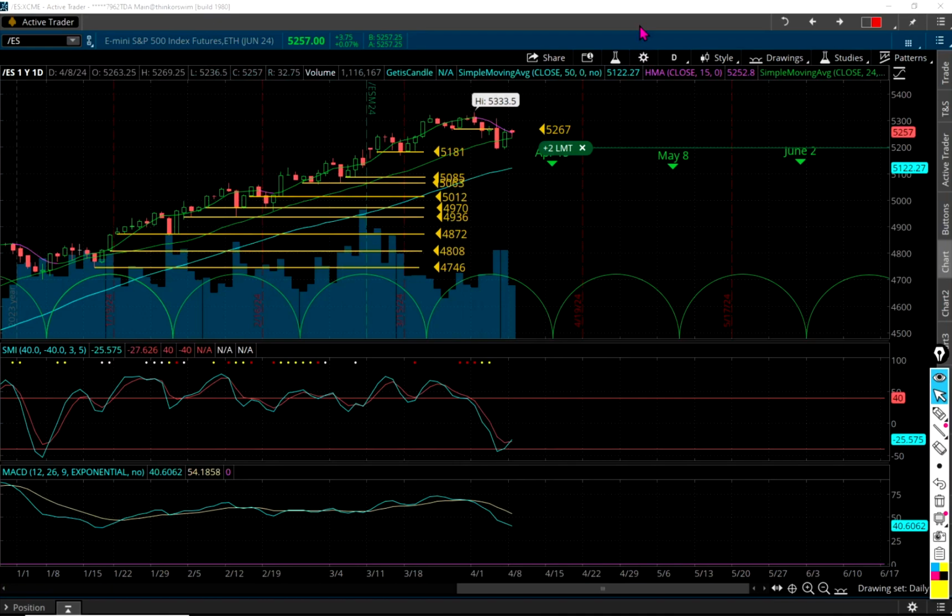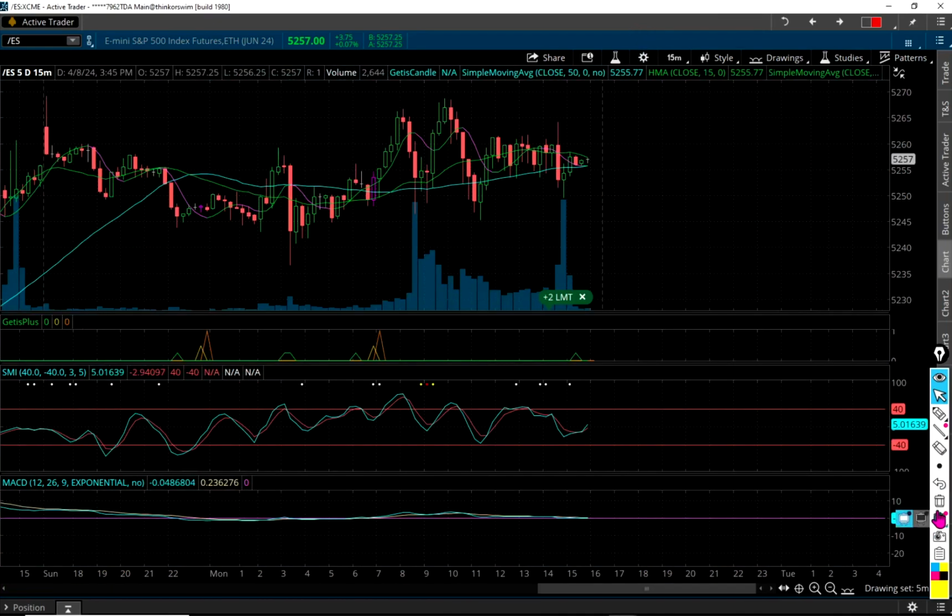Okay, let's look at the intraday charts and see what the trades of the day were. All right, so here we are on the 15-minute chart. Let's look and see, is there a trade of the day? Like, is there something that stands out? Well, yeah, there definitely is something that stands out. There's a couple opportunities here, but this is one that really stands out, obviously, right? This is about